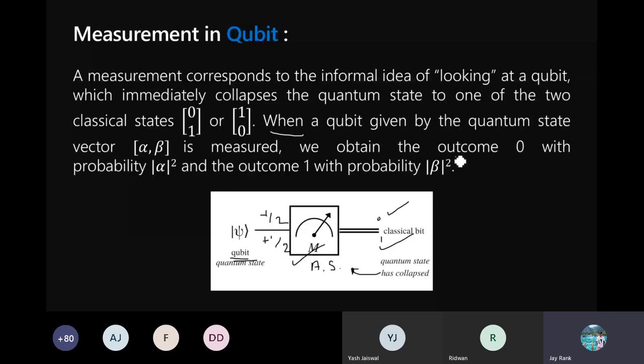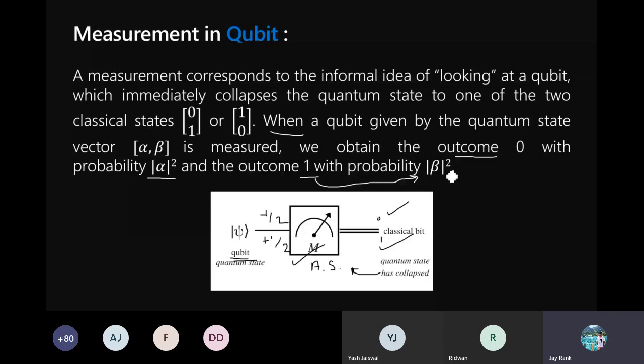As I said, alpha is the proportion in which 0 is present in the current state of a qubit, and the modulus of alpha squared is the probability that after collapsing it will change to 0. The same goes for 1 with the probability of beta squared. Beta is the proportionate amount of 1 in the current state of the qubit, and the modulus of beta squared is the probability with which, after collapsing, the outcome will be 1.